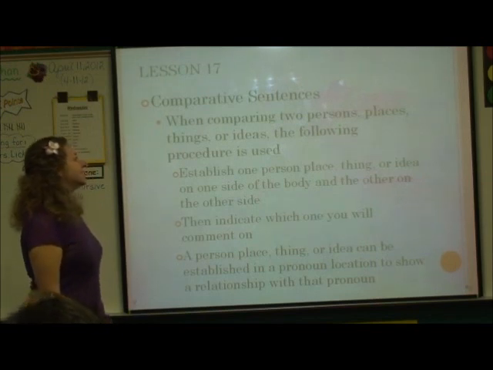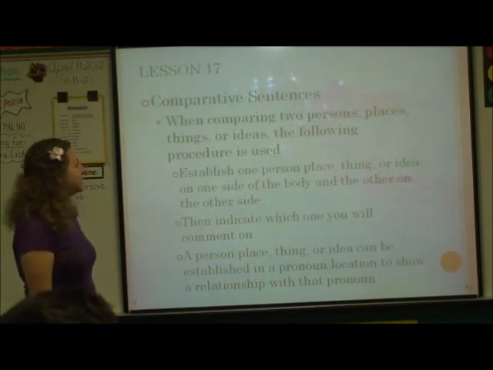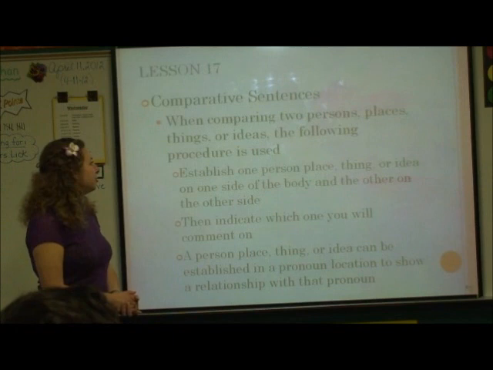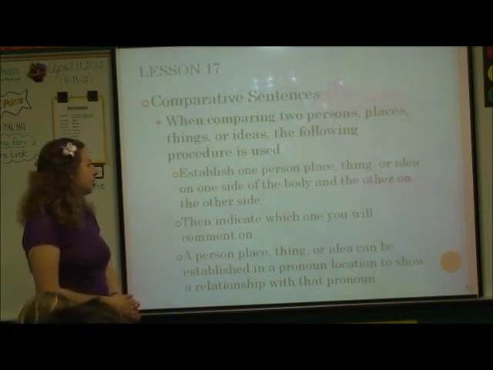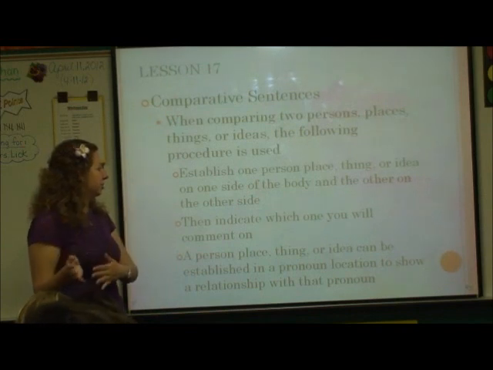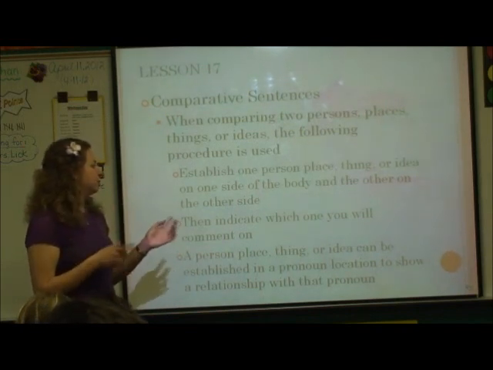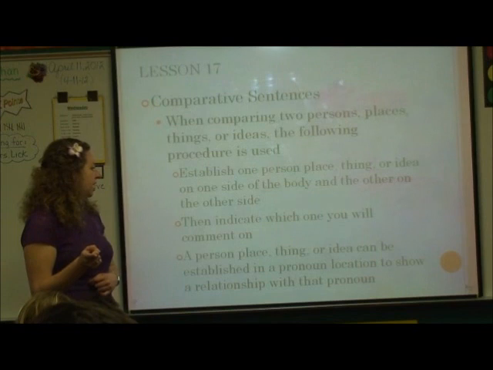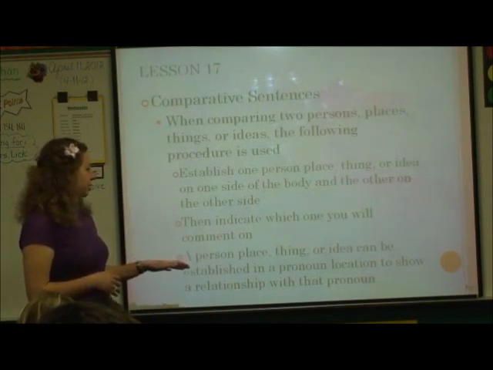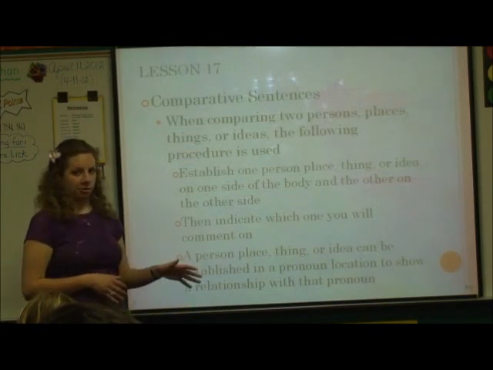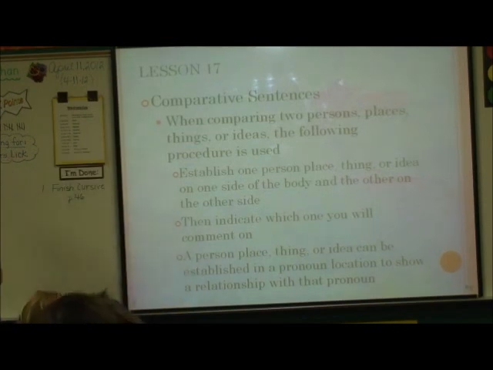Okay, comparative sentences. When comparing two persons, places, things, or ideas, the following procedure is used. Establish one person, place, thing, or idea on one side of the body and the other on the other side. Then you indicate which one you will be commenting on. And then a person, place, or thing, or idea can be established in a pronoun location to show a relationship with that pronoun. Okay? So what that means,